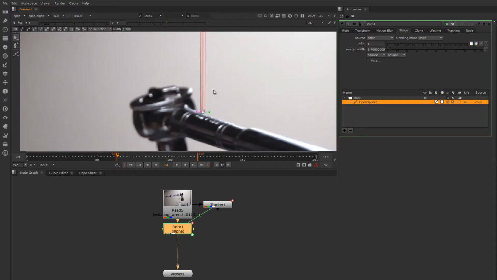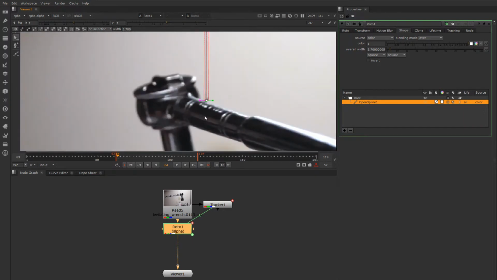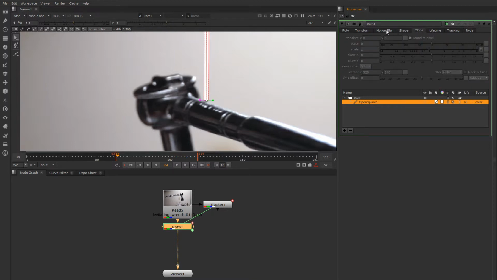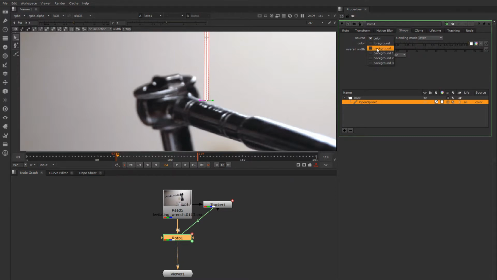So now that we've got the basics of that tracing out our wire, let's look at how we can use the clone controls of the Roto node to do some painting right in there. Now the first thing we'll need to do is make it so that the output is not just the alpha but is the RGBA, and then we have to switch the shape so that its source is not color. It doesn't become a paint stroke, but rather it becomes one of the inputs. In this case, we have it connected to the background input, so we're going to connect it to the background,